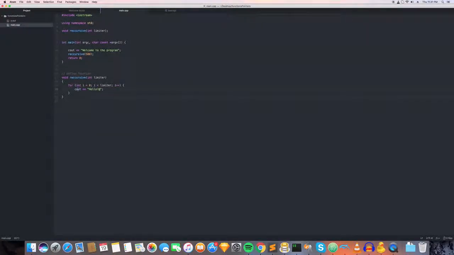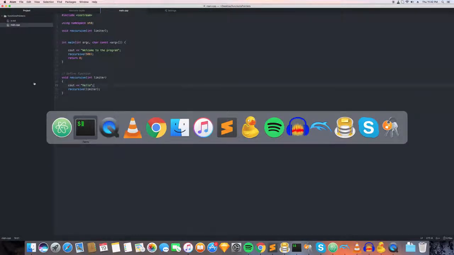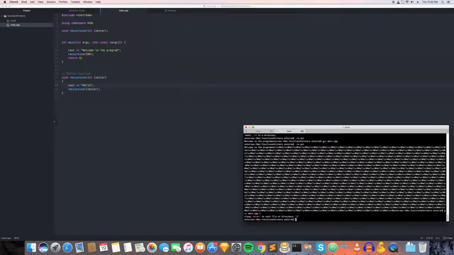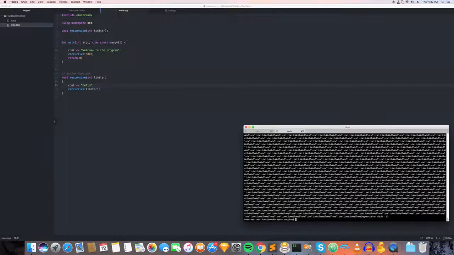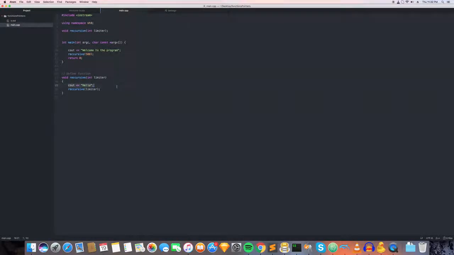So let's do it. Let's get rid of this for loop right here, go back, and call the recursive function with limiter, and still cout hello. I am trying to compile it right now. I'm not sure it's going to work. Let's give it a try. Oops. Okay, and you have something that should go on forever. Actually, it's going to throw a full element error. I'm not sure what it means, but